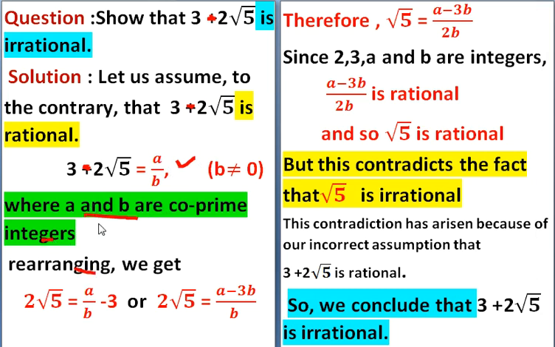And rearranging, this will be 3 minus a by b equal to 2 root 5, because this value is negative, hence this goes to the other side and this comes to the first side, hence 3 minus a by b equal to 2 root 5, and by solving we get